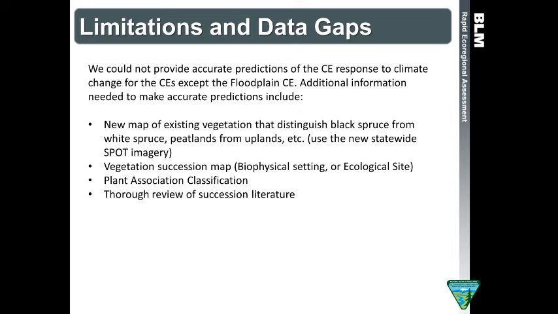And another one would be wetlands. We can't predict what's going to happen with wetlands in the area because we don't have a good soils map for the region. You need a good soils map in order to understand how much ground ice is out there, because when the permafrost is melting, a lot of these areas that are upland right now are going to subside, and they're going to turn into ponds and wetlands. And others may have the opposite effect.